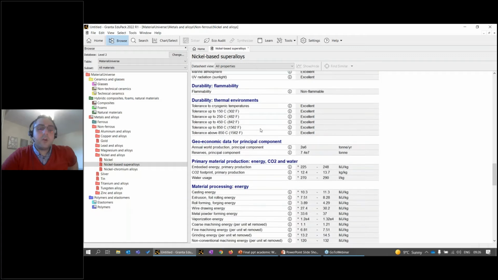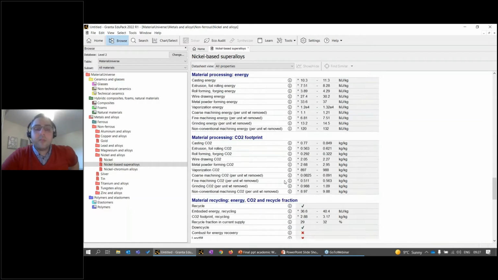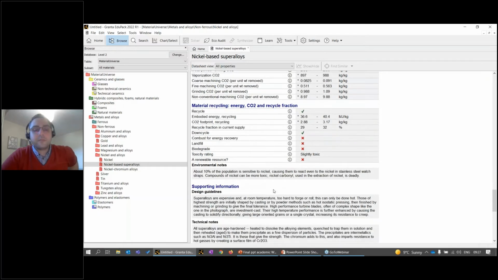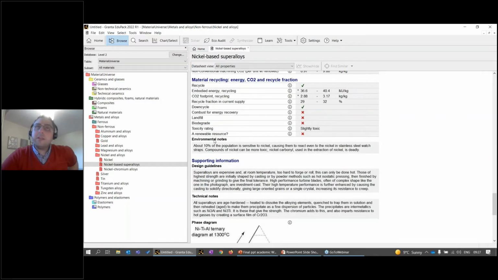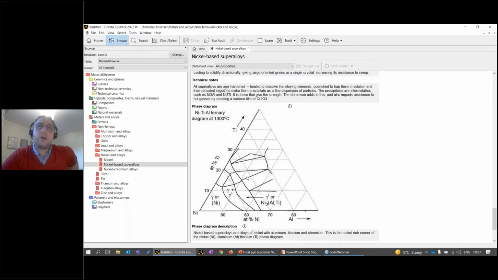Okay, and we also have some eco attributes of the material, including embodied energy and the CO2 footprint of the primary production and processing of the material is available. And by the end, we have some end-of-life attributes of the material as well. So whether it can be recycled or not, and if it can, what is the environmental impact of that recyclability is mentioned here. So we have some environmental notes, design guidelines, technical notes, the relevant corner of the phase diagram